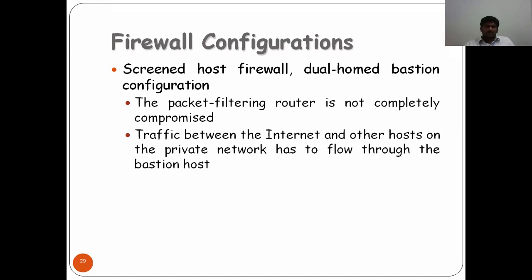the packet filter is not completely compromised. It is not completely compromised. Traffic between the internet and the other hosts in the private network has to flow through the bastion host. So it gets through the bastion host, and a proper connection is made. In the previous one, we could have a direct internet connection also available, in the single homed bastion host. So here we have a direct path,